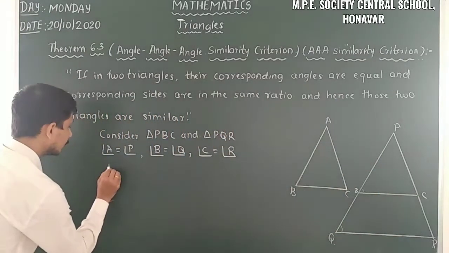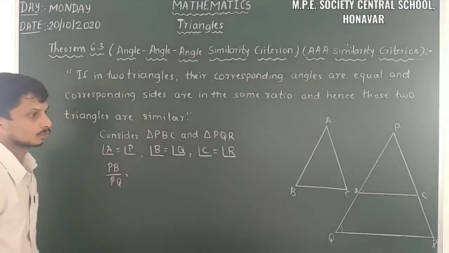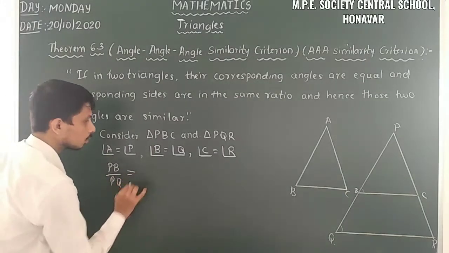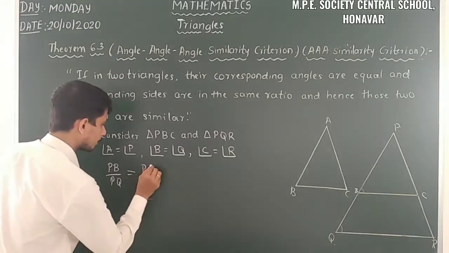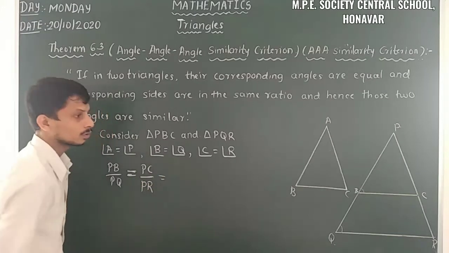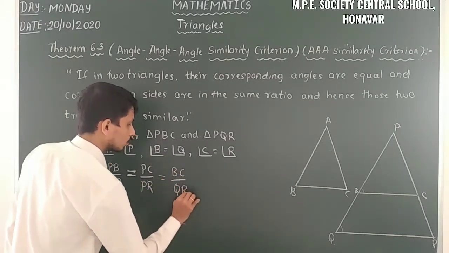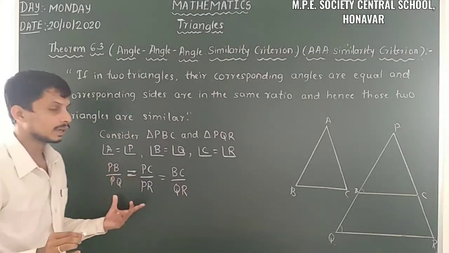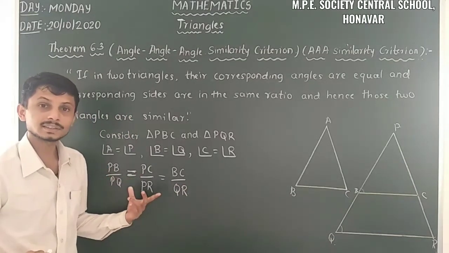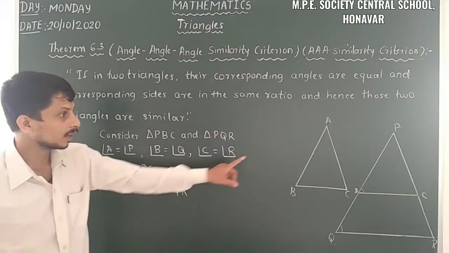That is, PB by PQ is equal to PC by PR is equal to BC by QR. Yes. So we have the second condition, that is corresponding sides are proportional, but here we have to replace